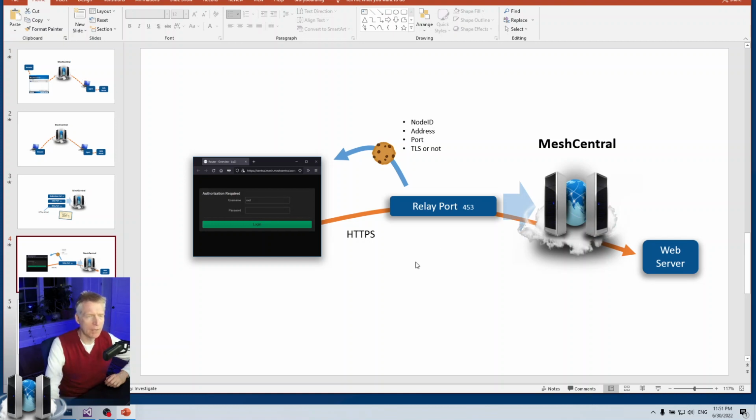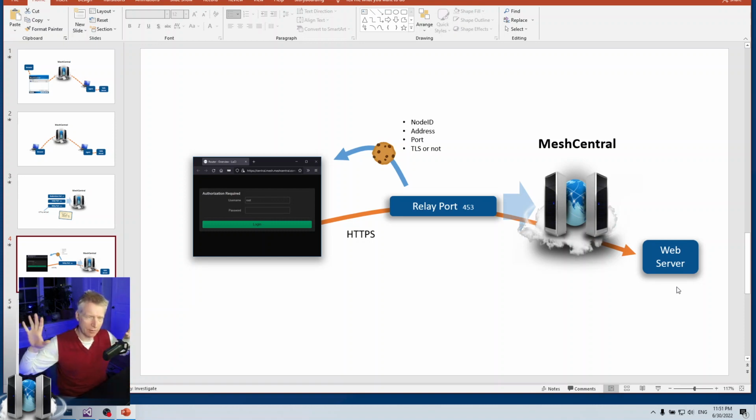But because you only have one relay port, you cannot open multiple tabs to multiple targets at the same time. You can actually do it if you have different browsers. So weirdly enough, if you're logged in with Chrome and Firefox, and you take those two browsers and log into your account, you can use the same relay port to target two different web servers on the other side, and it will work.